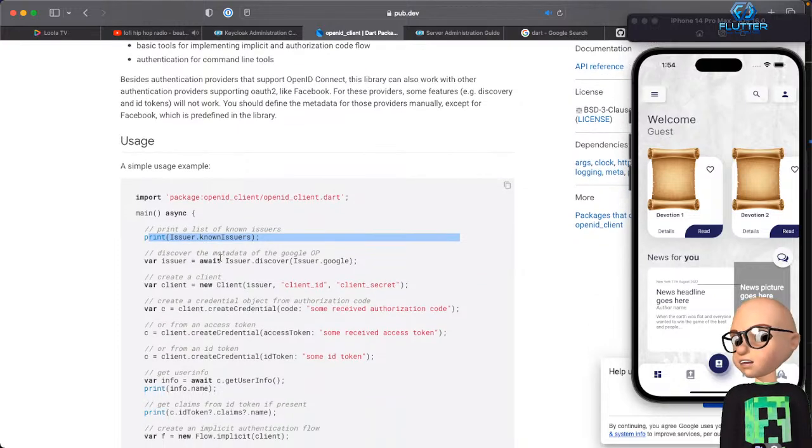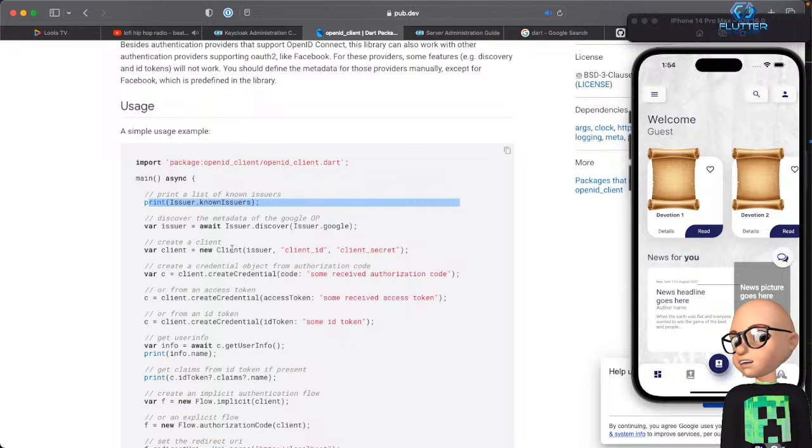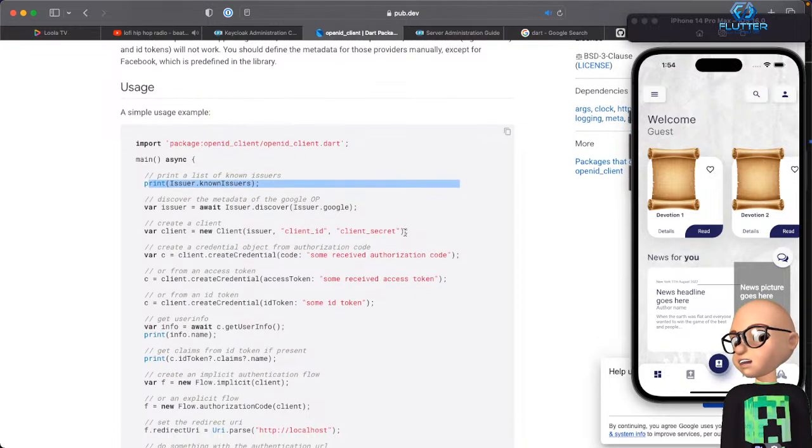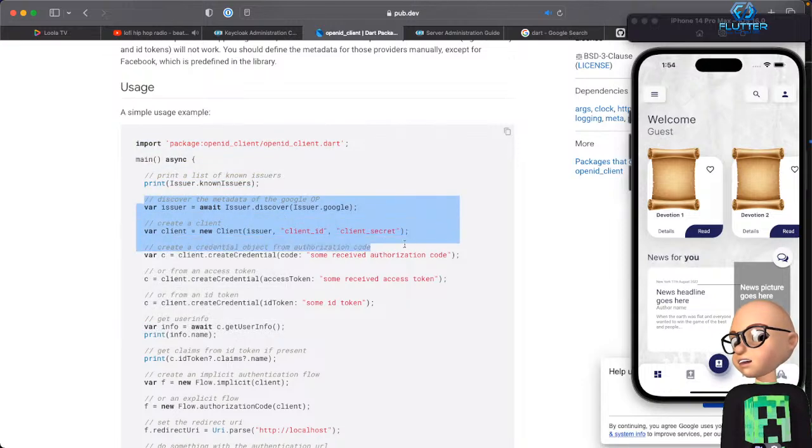Oh, here's one. So then this walks you through a simple usage example. Now, await discover issuer.google. You know what? I've been asking how to create a client, and right here it is, client ID, client secret. When in doubt, just go where you got the code from. Right there it is. This whole series, I've been saying, how do I make a client? That's how I make a client. I need the client ID, which is,